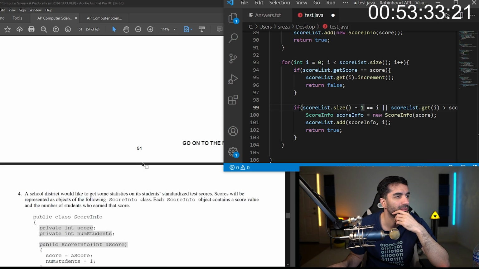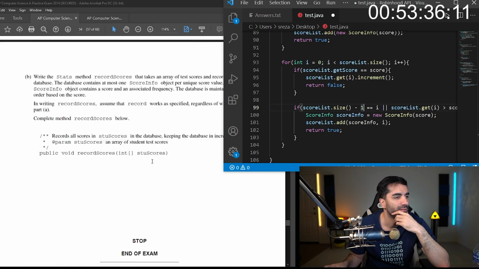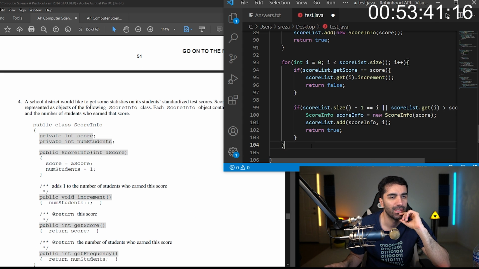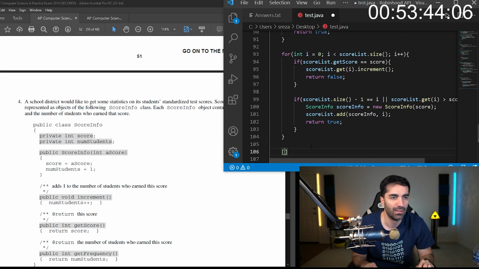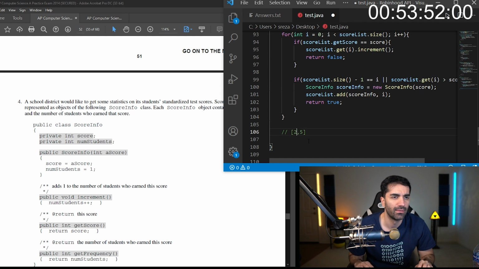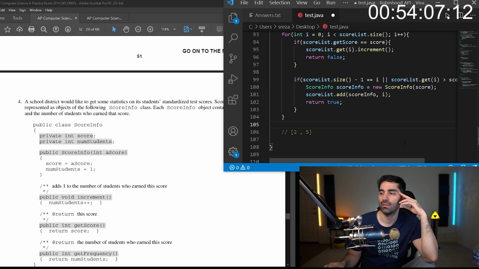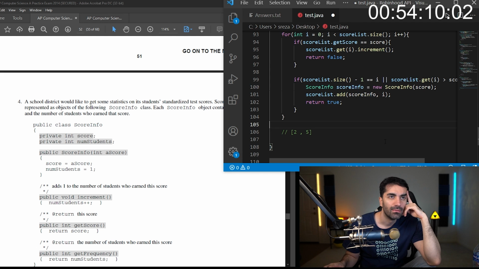Because say, they give us an example here. No. So say our score list is like one element, and say these are the scores, and we get a score of 6. Then I think this might break our code actually. Dang.